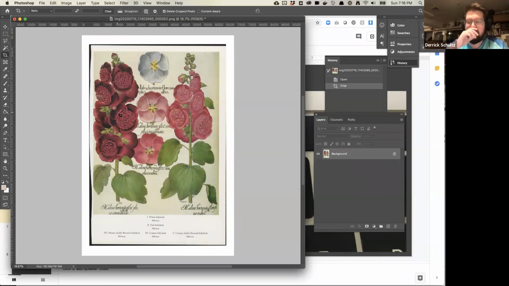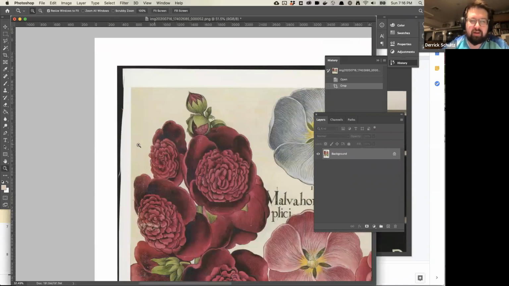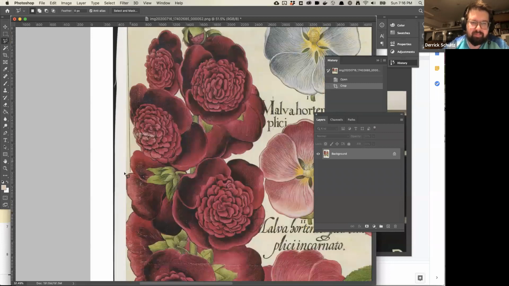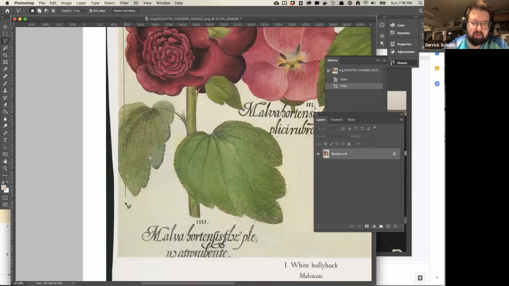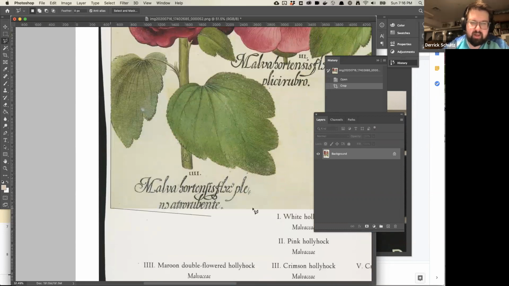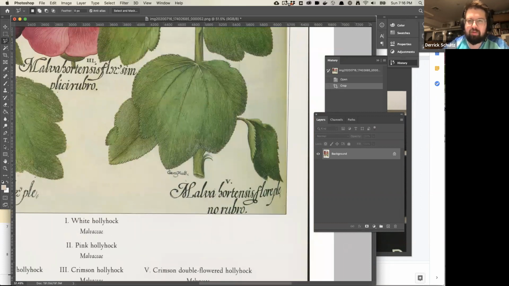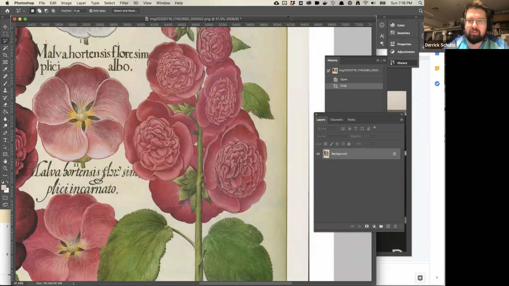From here, it's a lot of how do I want to clean up this image? I also tend to use the lasso tool a lot. Because I'm downsampling these pretty small, it doesn't really matter how precise I am. You can be as precise as you want to be, and some people get really into being precise in Photoshop. I tend to keep it kind of loose. One thing I'll generally do is grab a bunch of these edges and look at how the content aware fill tool works. I can select this edge, because basically I want to extend this a little bit wider, because I don't love how closely cropped these pieces of art are.